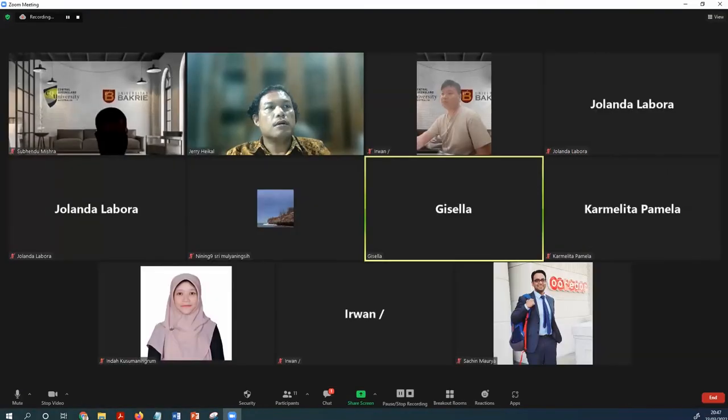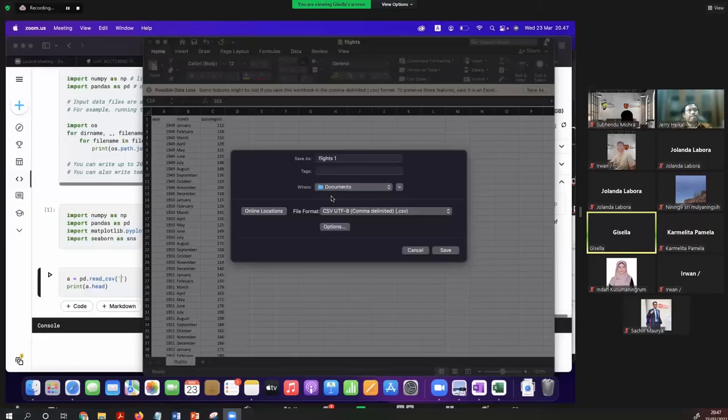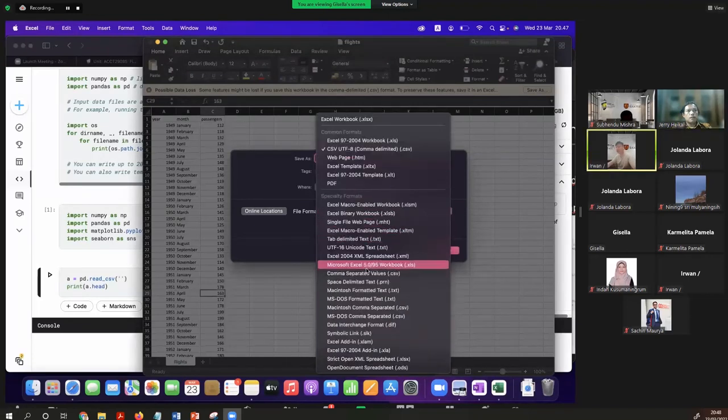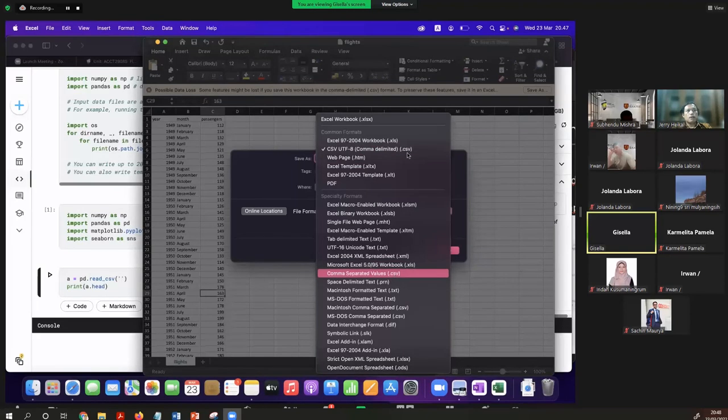Okay, let me share my whole screen then. Like this, Pak. Can you see it now? What are the options there? In the CSV, only CSV. Yeah, comma separated value at the bottom.